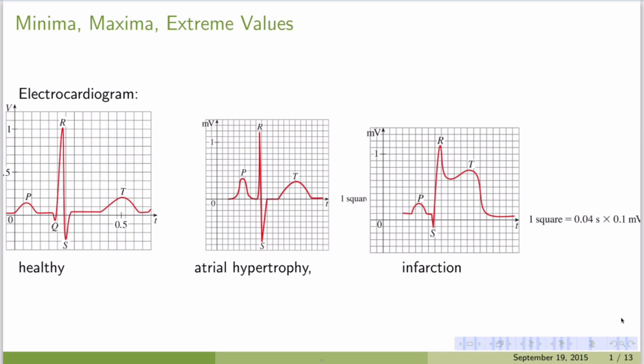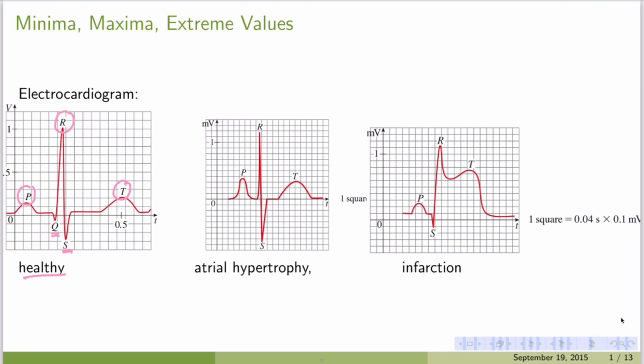So most pronounced in the healthy case here is, for example, the R peak, which is really the heartbeat, but slightly before is a little minimum, and slightly after is maybe a larger minimum, and then before this heartbeat is kind of a P peak, and then afterwards a little bit later is a T peak. And so a doctor would look at this pattern and then decide if a heartbeat is healthy or